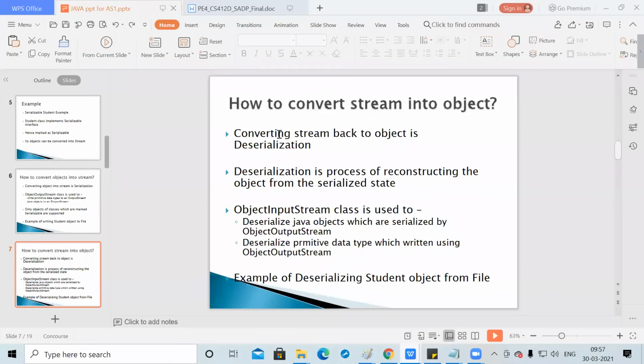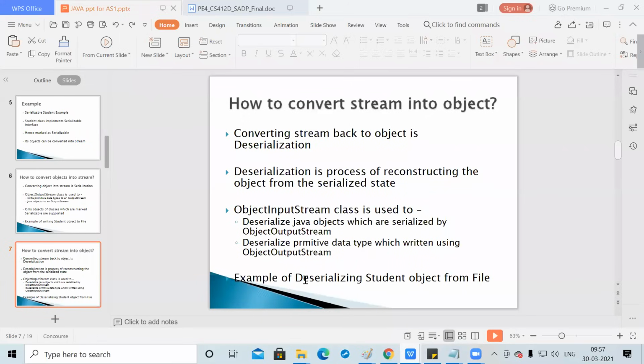As I already told you, whatever is done by the serialization process with ObjectOutputStream is reversed by using ObjectInputStream, converting it back into object form.